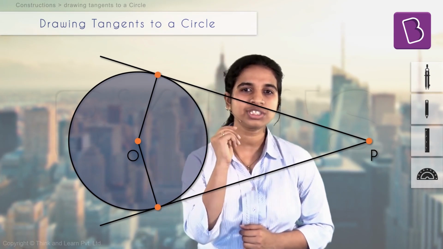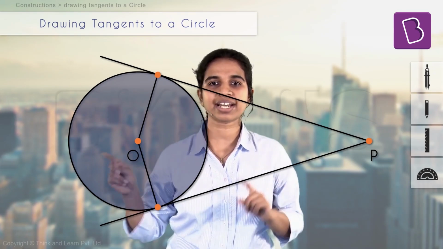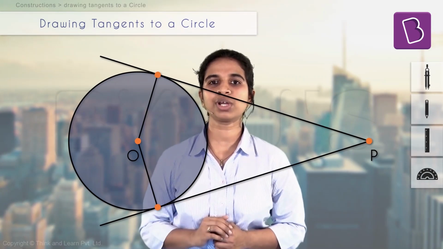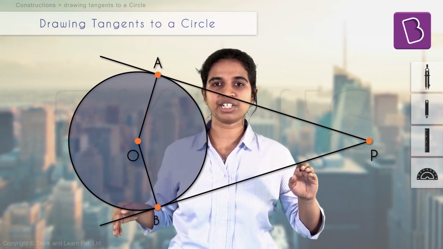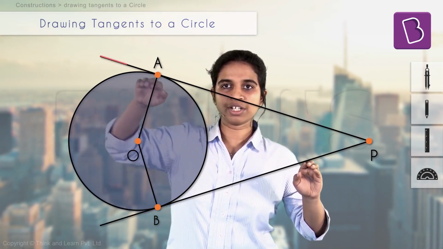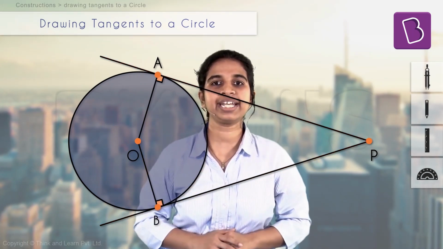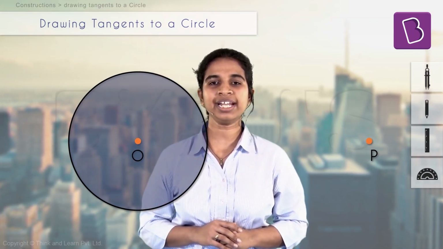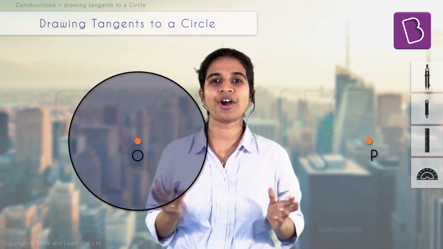We can again use the same property as earlier, which is that the radius is going to be perpendicular to the tangent. There's just one slight complication. We'll quickly realize what it is. Let me call these points A and B, the point where the tangent is touching the circle. So you know basically that OA is going to be perpendicular to AP. Similarly, OB is perpendicular to BP. Great. What is the difficulty? We don't know points A and B to start with, correct? What is given to us is just the circle and point P. We don't know points A and B.